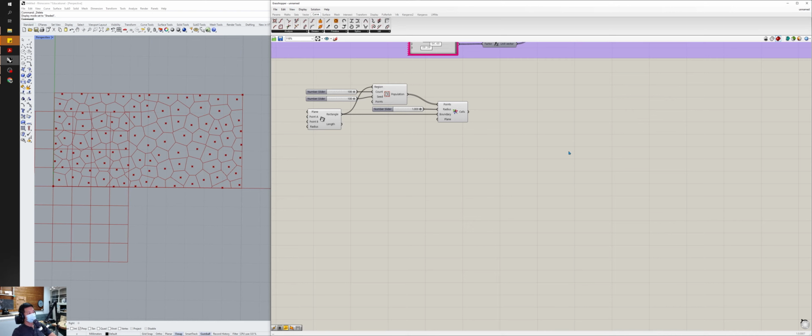Now, at Zaha's office, what we did with this diagram frequently is that we didn't particularly like the faceted characteristic of it. So when we were exploring our landscape projects and stuff like that, we would often rebuild this geometry. We would take this as a space planning diagram, and then use our discontinuity component under curves to find those corner points. And from there, use our NURBS curve to redraw